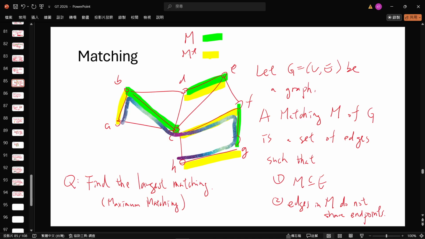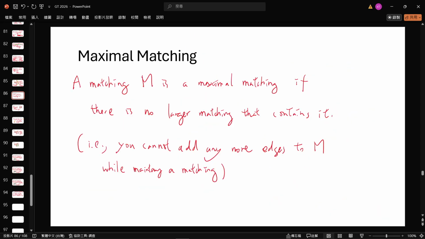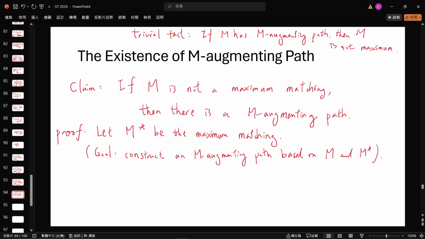So in the algorithm, we will just remove or ignore edges in M intersect M star, okay? So if some edge appears in both matchings, I'm not going to use it in my